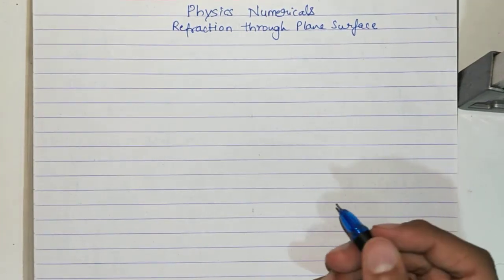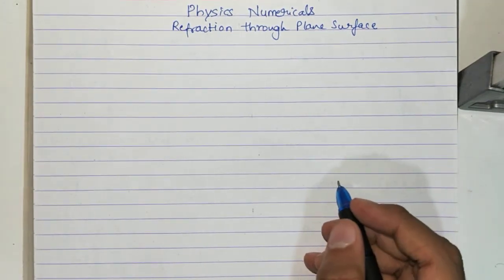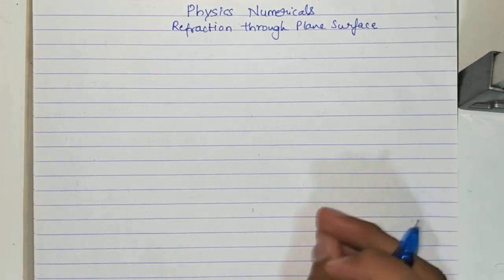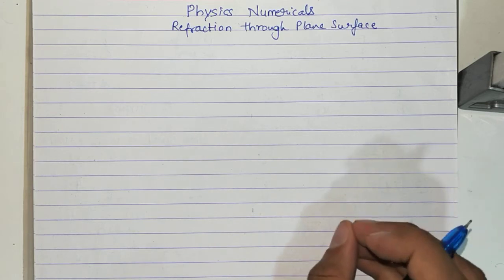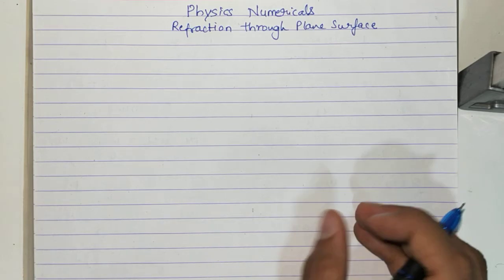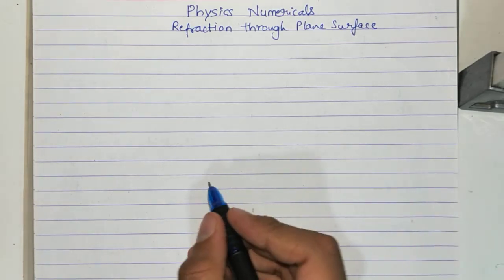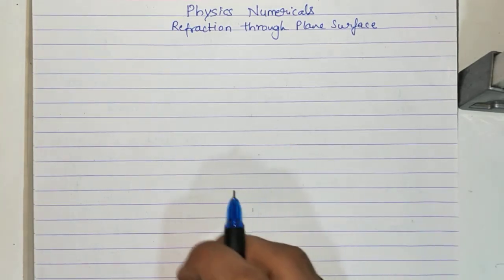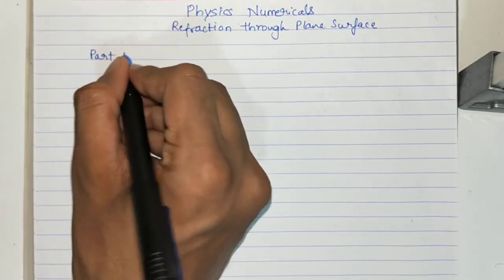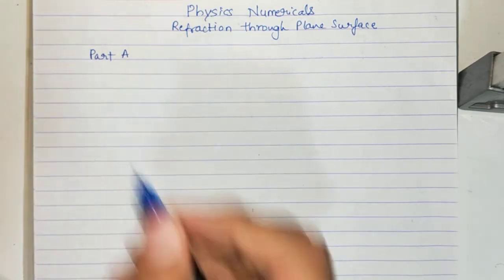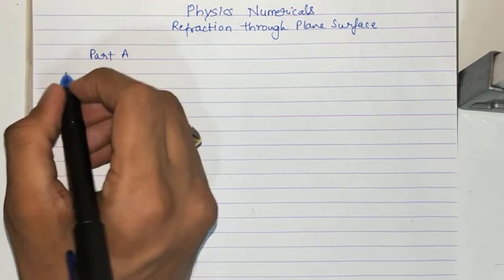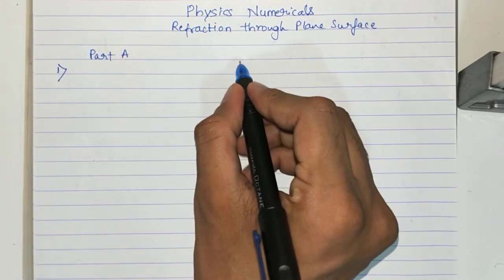Now there are very few numericals in this chapter, around 6 to 7 numericals only, okay, and they are based on different formulas. So I have sent the formulas in the group. You can check the formula list from there, and in part A and part B you have numericals. So let's start the numericals which are in part A. There are 4 numericals. I'll solve each one for you along with the formula.